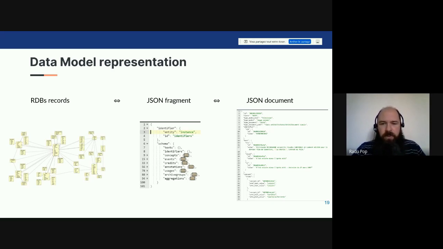Here, if I take the example of an instance that contains texts, identifiers, or events and credits associated, the final JSON document that is sent to Elasticsearch will look like what you can see on the right side of the screen, a rather flat document that integrates all the elements specified in the schema, and can be easily indexed in Elasticsearch.